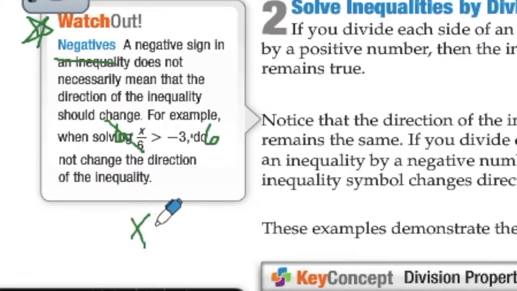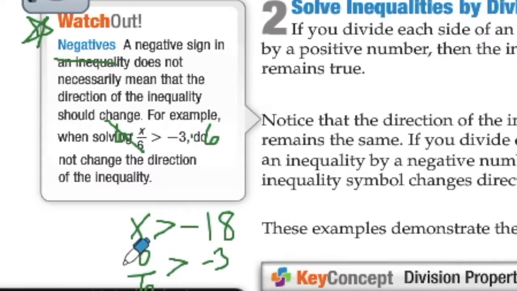And if you're ever in doubt, just check your answer. In this case, x is greater than negative 18. And if I pick a number greater than negative 18, like let's say 0, 0 divided by 6 is greater than negative 3. That makes a true statement, and so I know that I did the right thing by not